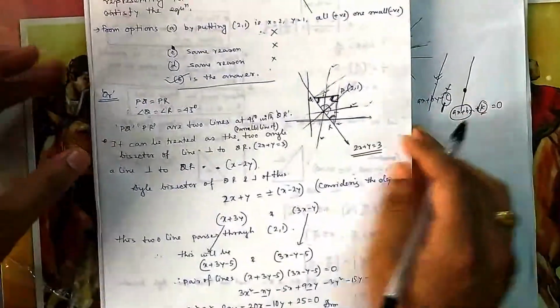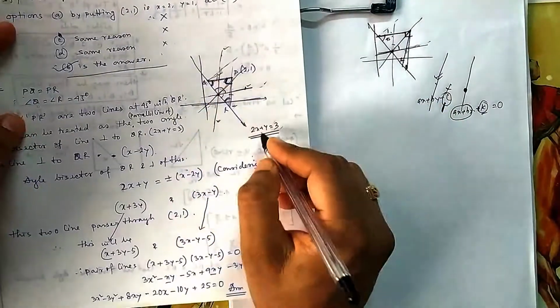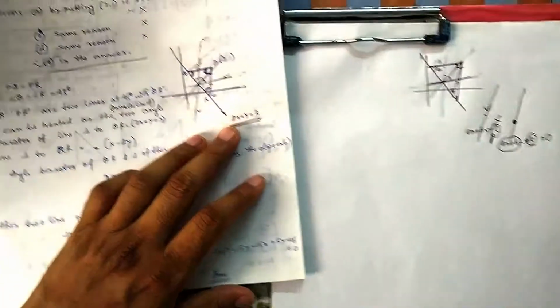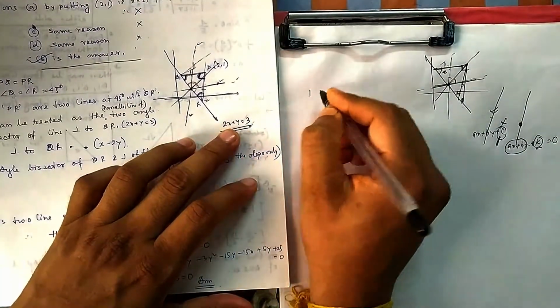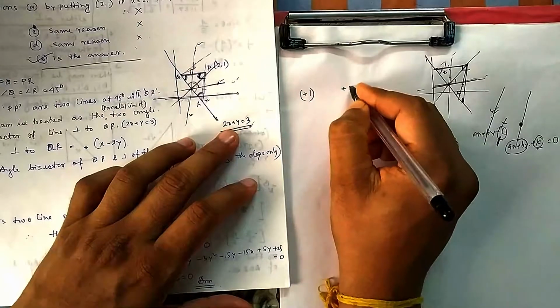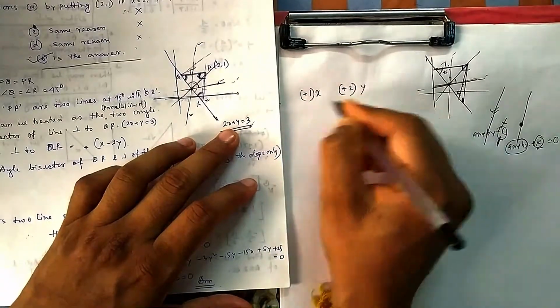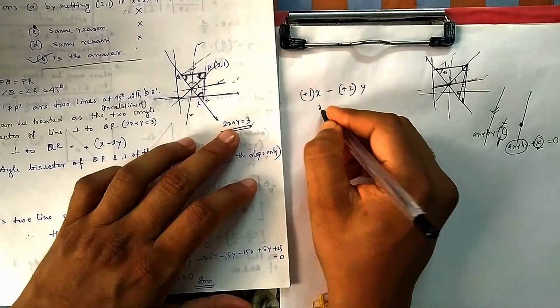Okay, that's why we are concentrating on this one. So what is the equation of this line? 2x plus 3y. So what is the perpendicular line of this one? How I told you to get perpendicular lines, you change the coefficients of x and y. So y will be here plus 1 and x will go here, and change any one of the signs. Suppose I change this sign, so it is x minus 2y.